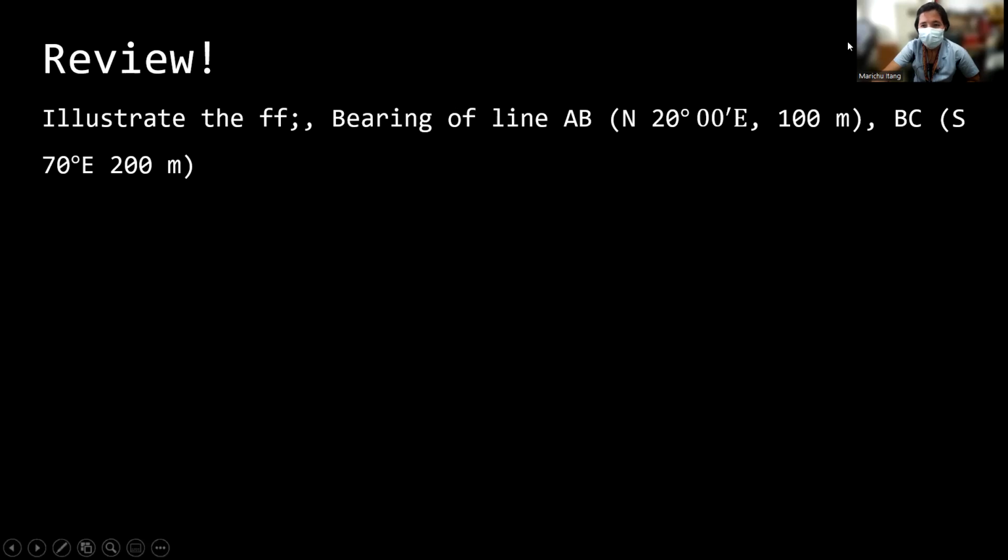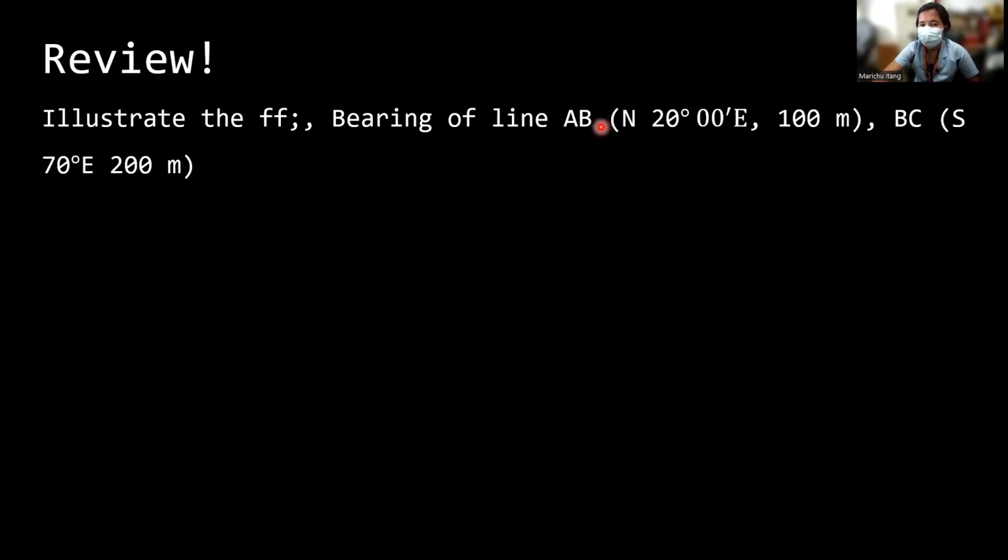So let's just have some recap before we proceed with our new topic. You have here, illustrate the following. The bearing of the line AB is equal to north 20 degrees east and 100 meters is the distance of A to B. So we are going to draw this line AB, and then there is another line, which is BC. Therefore, the three points are connected, AB and then BC. Then the bearing from B to C is south 70 degrees east, and the distance of B to C is 200 meters. Now, if you are going to draw this one,